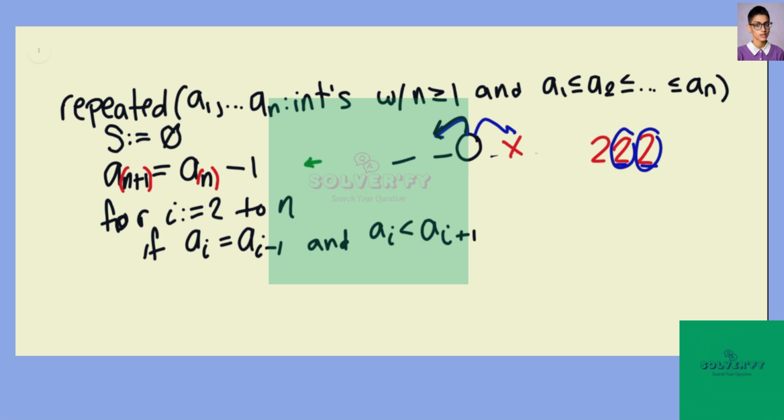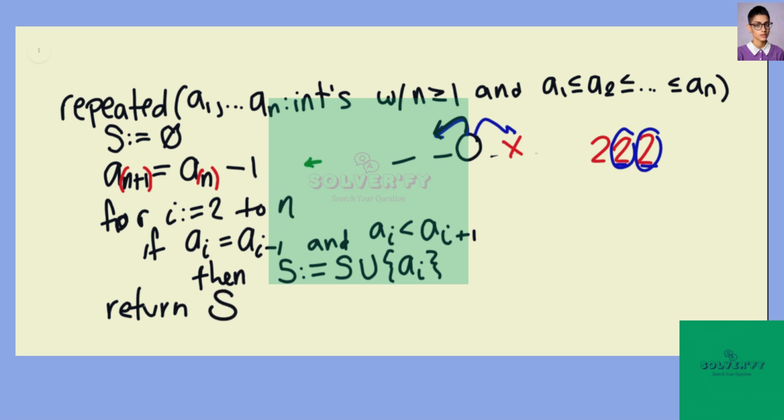And if those both hold, then we want to add the element in question to our list, right? So we'll take the list and set it equal to itself, whatever is currently in there, plus a i. And then finally, we want to return our list. We want to see all the things that are repeated in our list that we submitted into this algorithm. So we want to return S, and that will complete